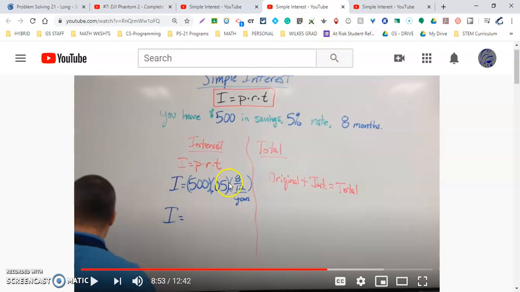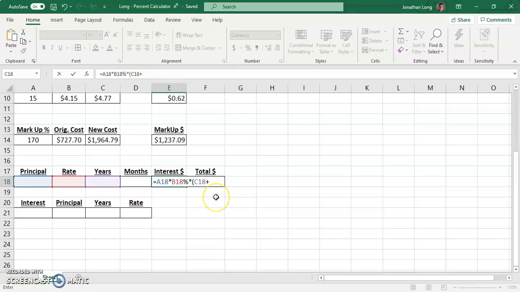When we deal with months, we have to take the number and put it over 12 because the number of months needs to be in terms of years. So because years are out of 12 months, we have to take our number of months and set it over 12. So in a smaller set of parentheses, I want to take my months number, set it over 12, which is the same as division,